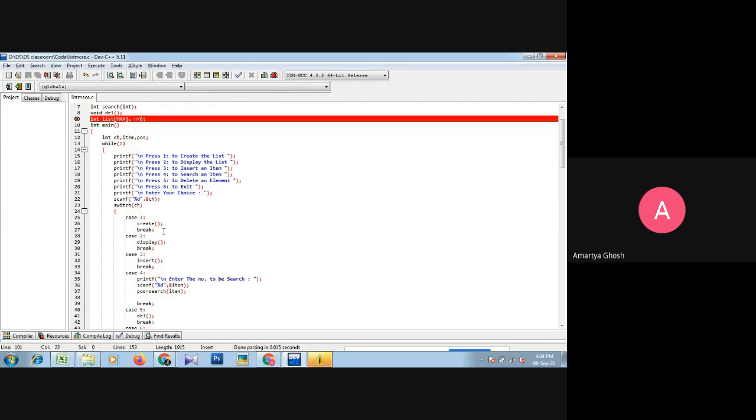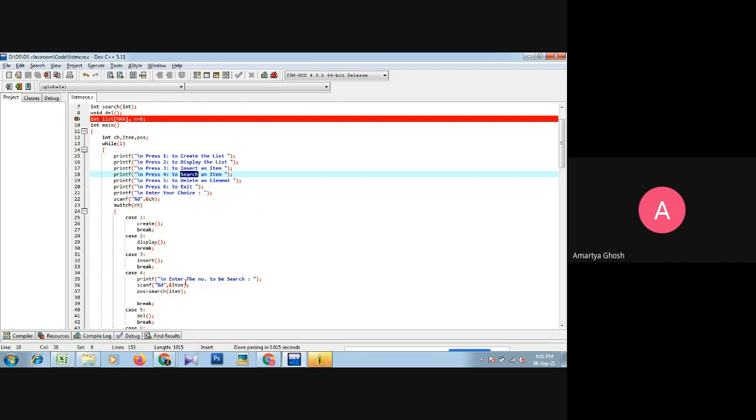So to delete one element, before deleting, we have to search whether that element is already available or not. If the element or item is available within the list, the search function returns the position and we go directly to that position and delete that element. Okay. So that is why the code of search that we use is also used in the delete function. So that is why we implement this search like that.